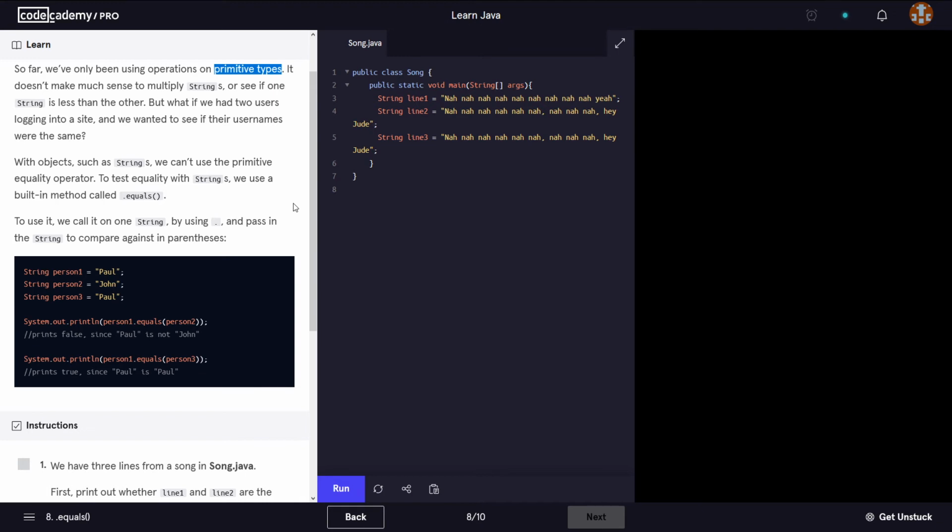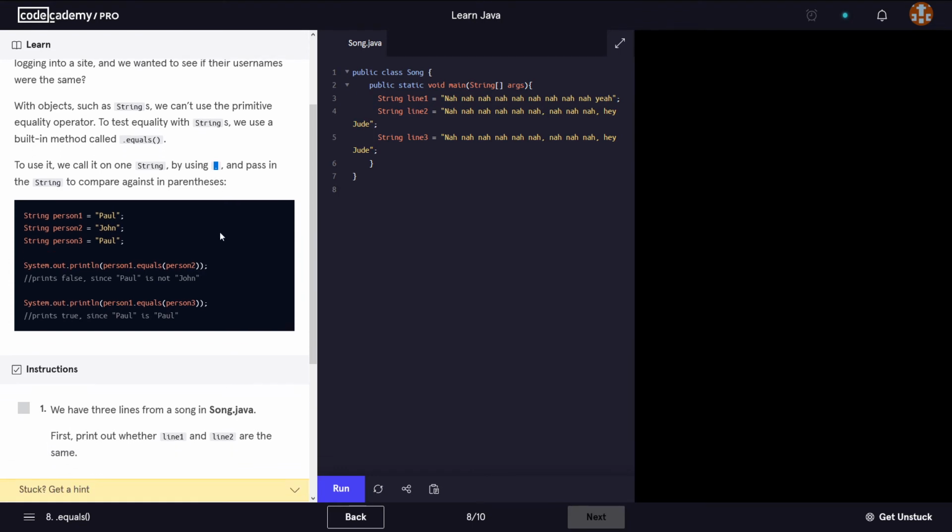To test equality with strings, we use a built-in method called .equals. And we know it's a method because right after its name, it has these parentheses, okay? To use it, we call it on one string by using the dot and pass in the string to compare against in parentheses, okay? So for example, if we have three persons here, Paul, John, and Paul again,